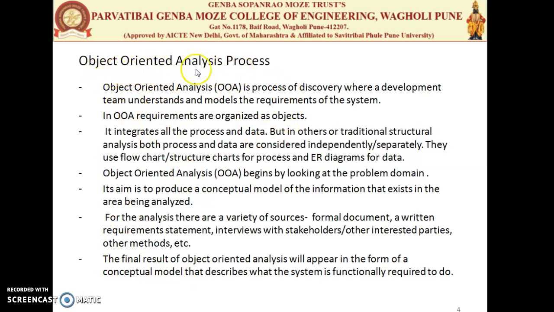Now, how is object oriented analysis done? This unit is divided into three parts. As I said previously, the first is the object oriented process, which gives us an overview of the traditional and the object oriented process, how they work, what the advantages are, and what the functionality of the object oriented process is. And the second half is again divided into two units: the first contains the use cases and the second is the class modeling.